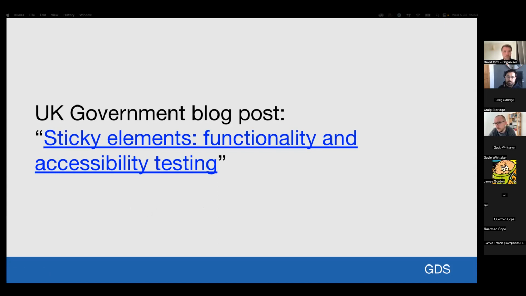from someone, yes, Andy Selleck, that's who it is, a coworker. That's a pretty good resource as well, just to learn about some of their research with sticky elements in general, and when to use them and when not to use them. I think they ended up not using a sticky element